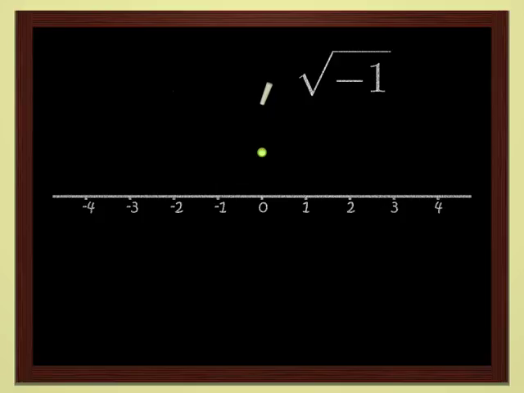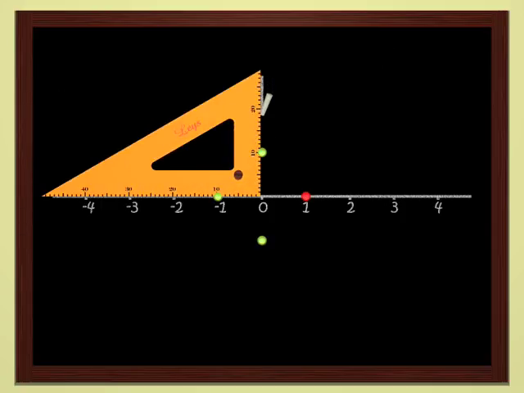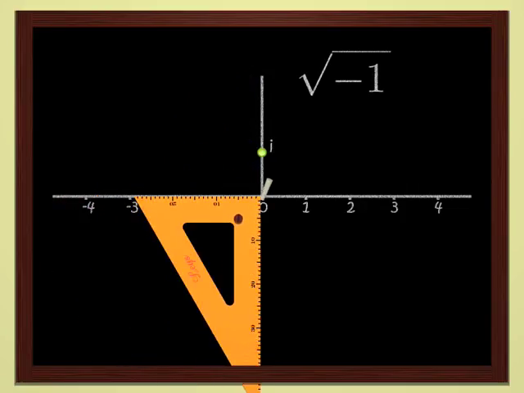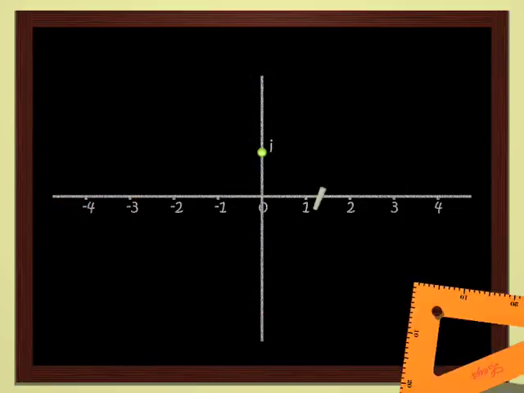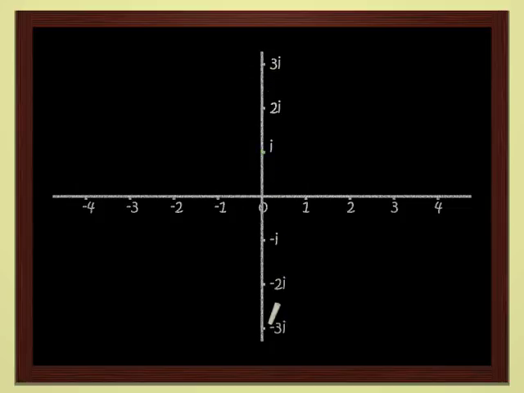Because this construction is a bit strange, we call this point, the square root of -1, an imaginary number, and label it i. But once we have the courage to leave the line, everything else is easy. We can represent 2i, 3i, and so on. Each point in the plane represents a complex number, and conversely, each complex number defines a point in the plane. Points in the plane become numbers in their own right.